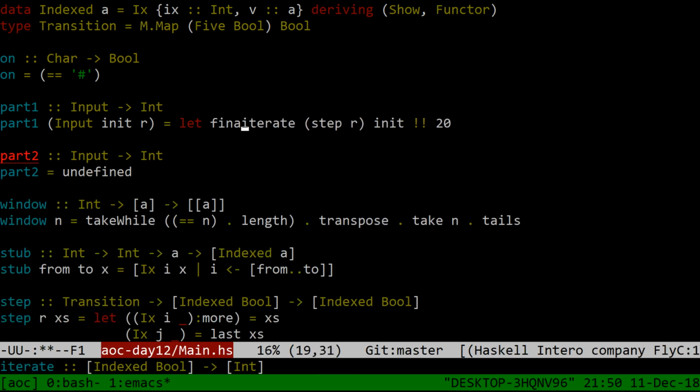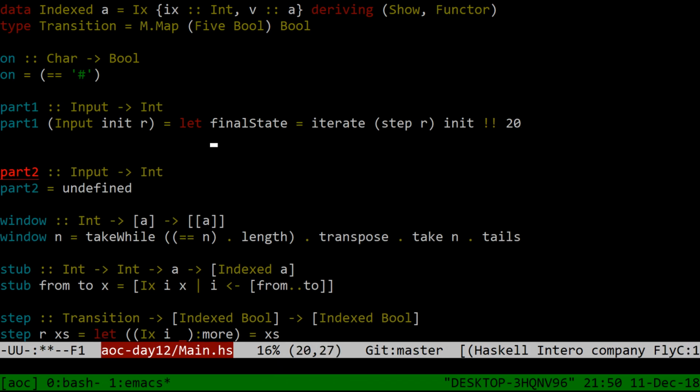Let final state equal this. Do I want to do that, or do I need to name another intermediate thing? No, I think I can just do sum of